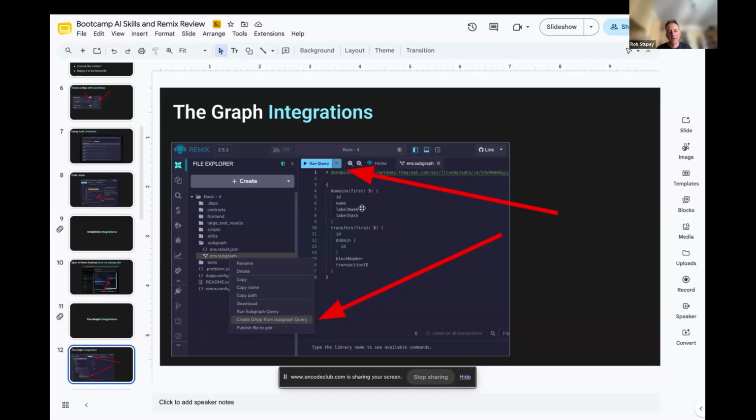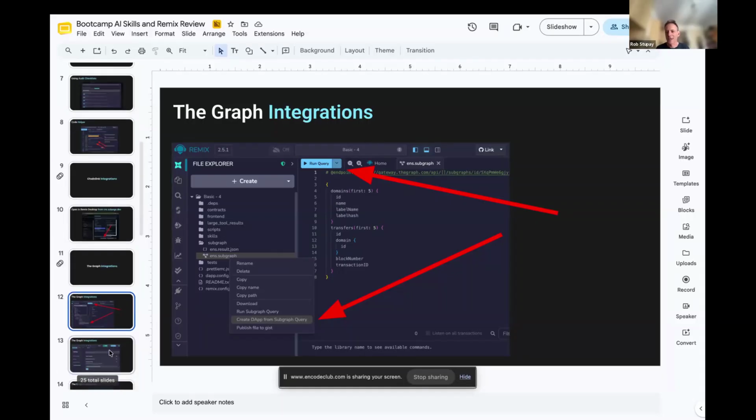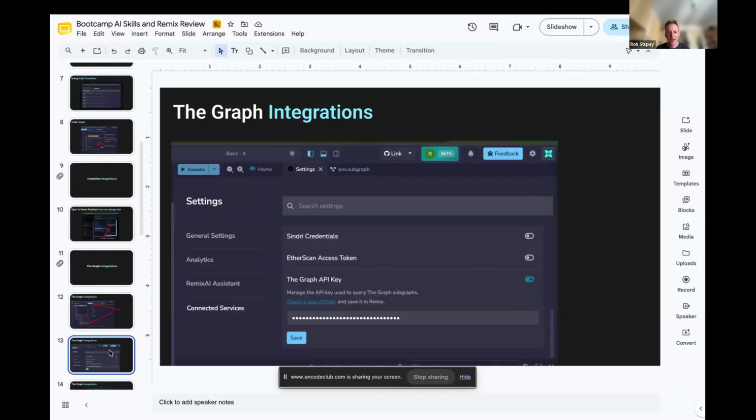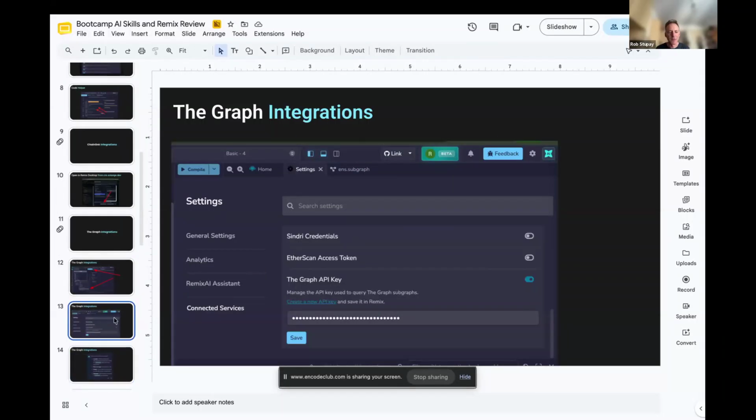And so you can start playing around with subgraphs. So that's another good thing to keep track of. And also, in the settings panel, that's where you put the Graph API key in.